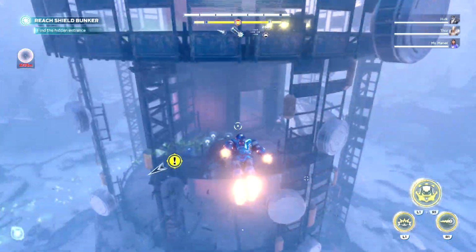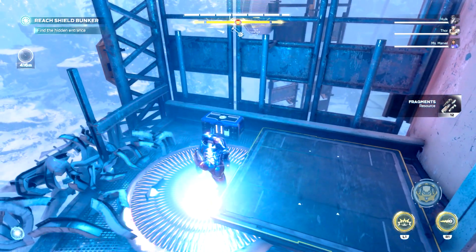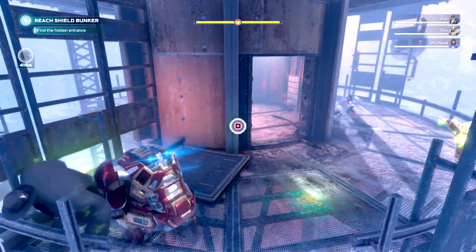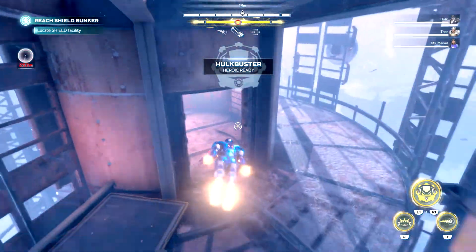The DNA chest can be located on the lower floor, and this is the best case scenario because you land on top of it, deploy the Hulkbuster, which is already recharged since we saved the energy. So basically all you have to do is to redeploy it, open the chest, exit the Hulkbuster, and then fly away. The second scenario is a bit more complicated because the chest can be on the last floor, so you